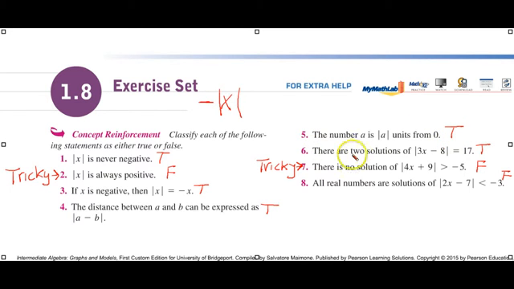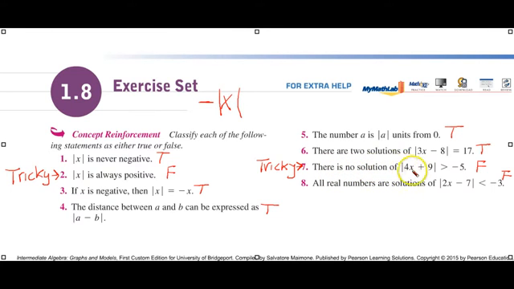In number 6, there are 2 solutions of the absolute value equals this. Remember, we write it without the absolute signs equals 17. Write it without the absolute signs and we say this is a negative 17. So we get 2 answers. This one's tricky